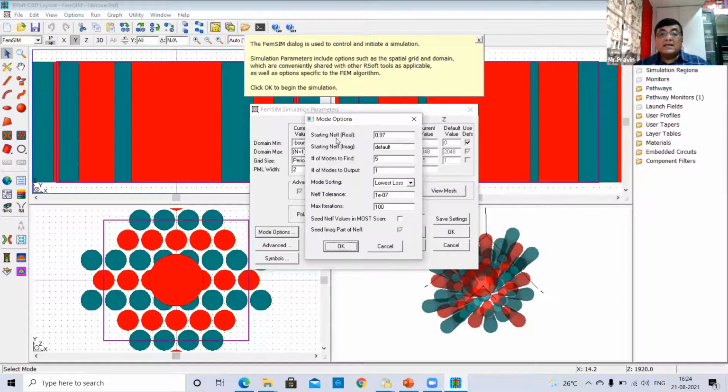The starting N effective, you can either put it as default, or if you are aware of previous results, you can define it to save simulation time. And you can also define the maximum iterations the computation should do to find a mode.